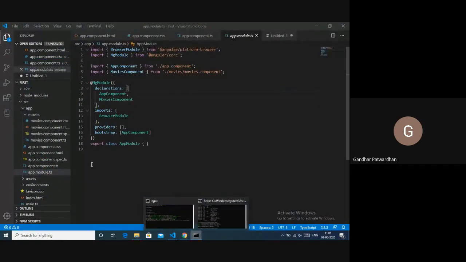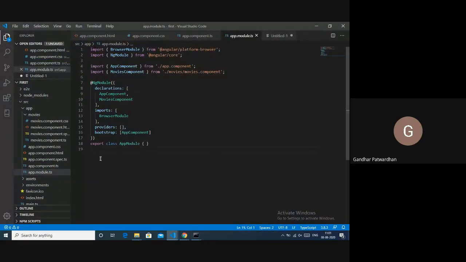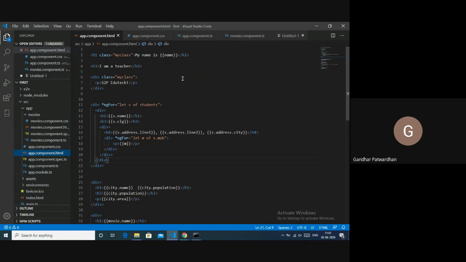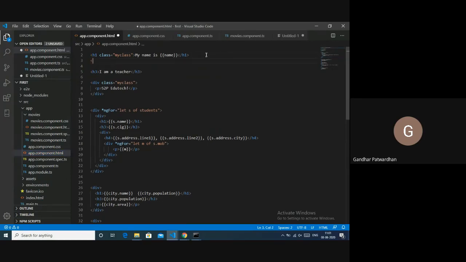Now, to use this component, I will use its selector. What is the selector? The selector is app-movies. So I'll go to app.component.html, and after this h1 tag, I will use this selector. How to use it? Use it like an element.